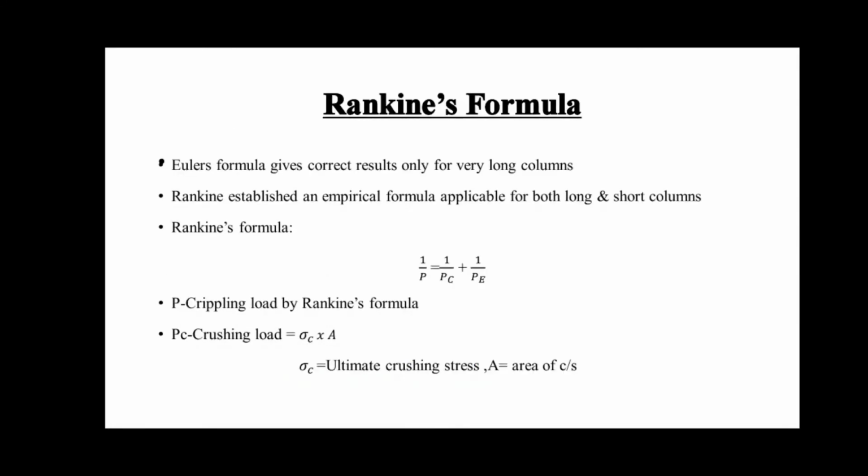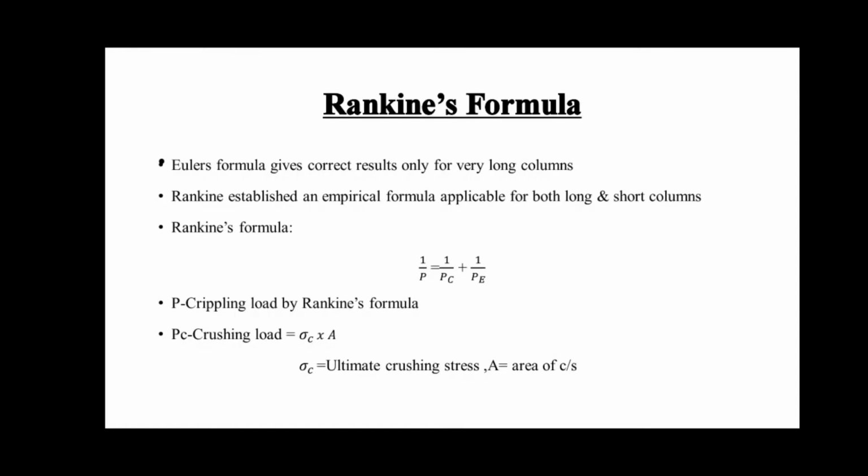Next is the Rankine's formula. Euler's formula gives correct results only for very long columns, but what happens when the column is short or not very long? On the basis of results of experiments performed by Rankine, he established an empirical formula which is applicable to all the columns whether they are short or long. The empirical formula given by Rankine is known as the Rankine's formula, which is given as 1 by P